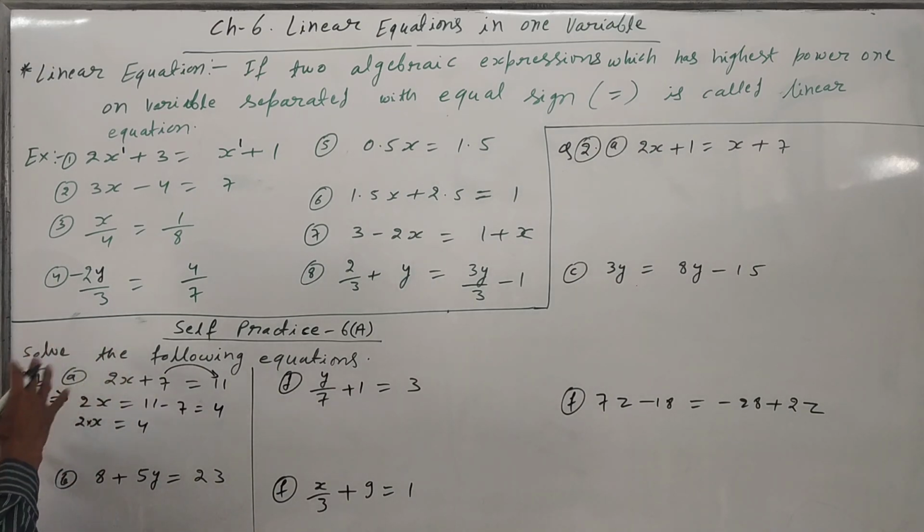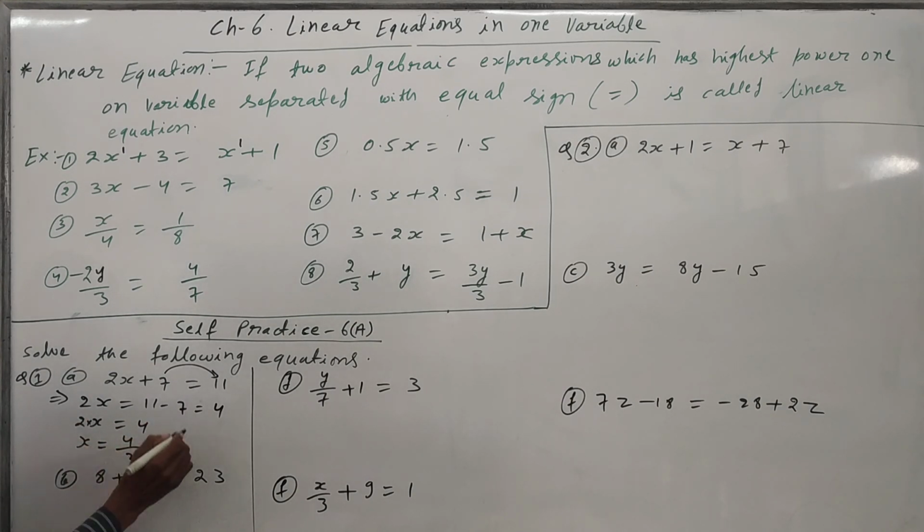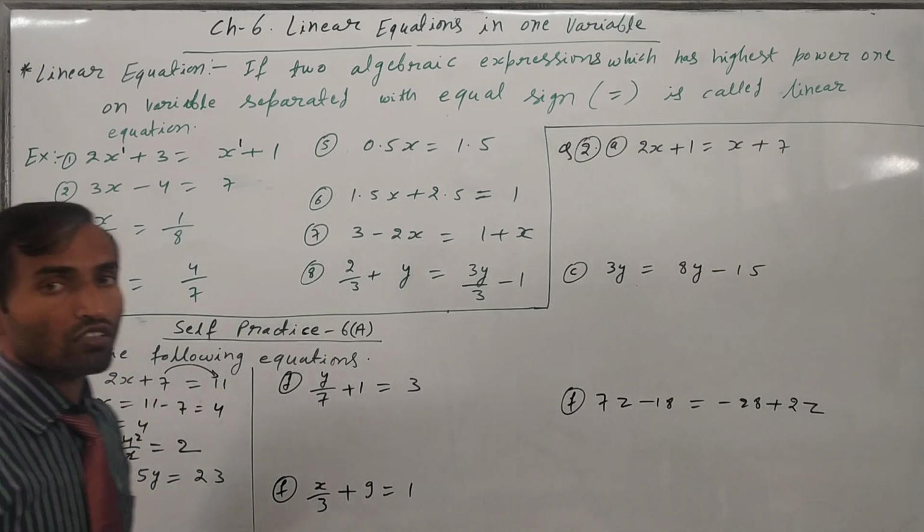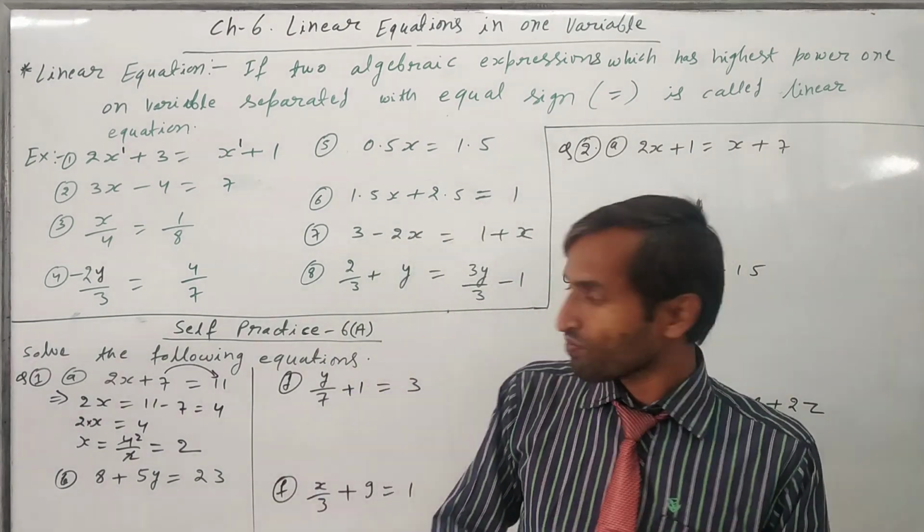So just put all the constants on that side. This 2 will go to that side, and the multiply sign becomes division. So x = 4 upon 2. Now we have to cancel out 2 into 4. So the value of x = 2. This is the solution of this equation. Like that we have to solve these types of linear equations.